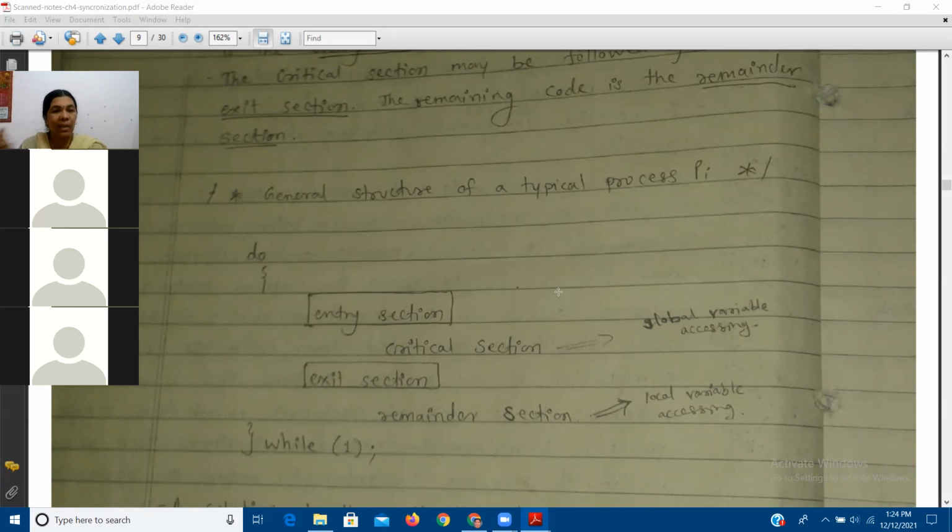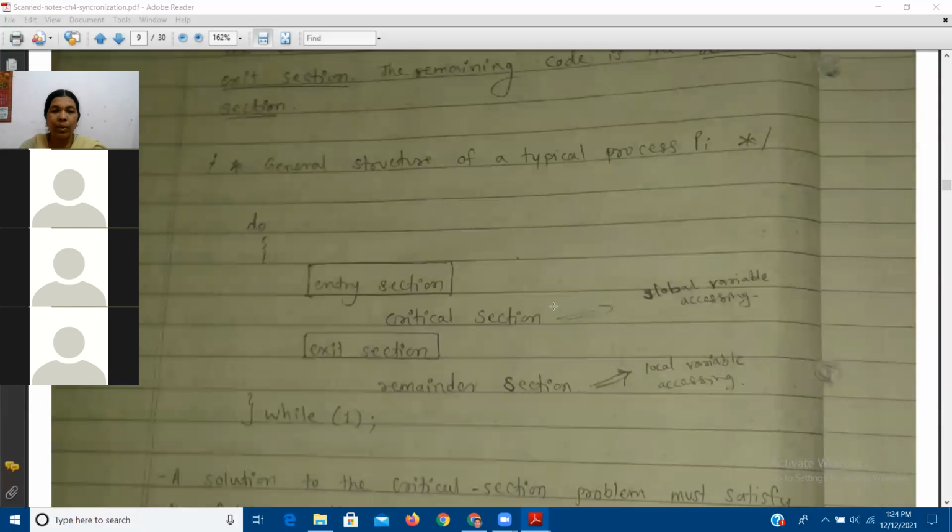Global म्हणजे common resources. Either you can call it a variable or resources. So mostly in our programming, we are taking the help of variables, and these variables we are trying to modify, and that's why the words used over here are global variables and local variables. So local variables you can call private variables, and global variables are the public variables in terms of programming language, right? So this is the general structure of a typical process.